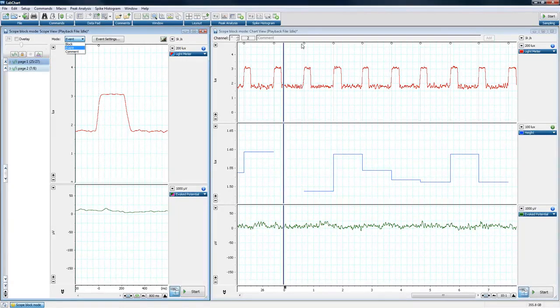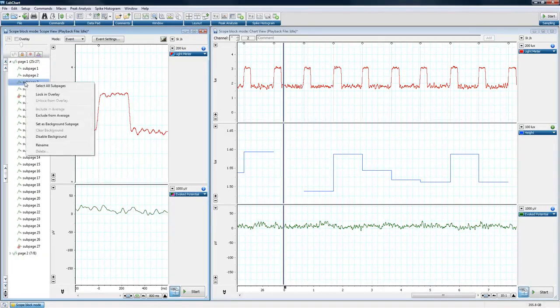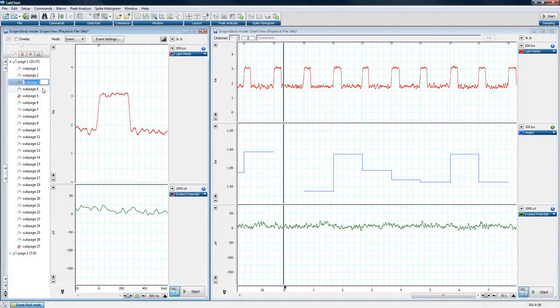So I've shown you many of the features here in the scope view. There are a few more things to take a look at, of course. If we're navigating things and I right-click on some of these pages, you have the option to select all subpages. There's also lock-in overlay and set as background page. I'll talk about both of those things in a different file. There's also a rename option, so you can rename these pages if you have a special page, something of particular interest. You can rename the page and call it